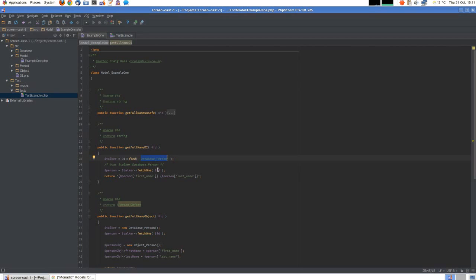Now the problem I have with dependency injection is that the return type of this is now not deterministic, and if you're working in an IDE like I like to, this becomes an issue because then you don't get some nice code completion. So if I remove this line, which I put in to kind of get around this as a hack, I'm telling PhpStorm that this has a type of database person, but it potentially could be null, could be anything. Anyone could have put in any random object to database person. So if I remove that line and then try and call a method on Talker,